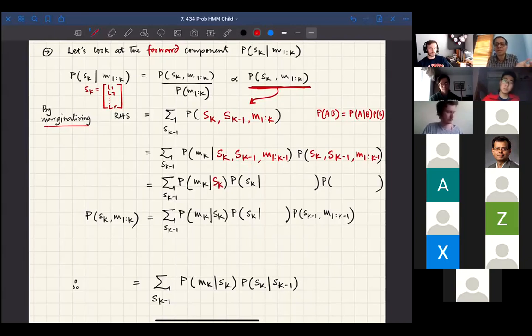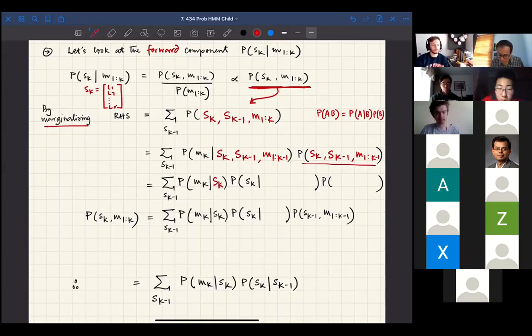Actually, this is true for GPS, right? When you take a measurement of GPS, does GPS care about where you came from to that location? GPS will only make a measurement for that location based on triangulation at that location. It doesn't care about the past. Right? Very good. So Mk given Sk times